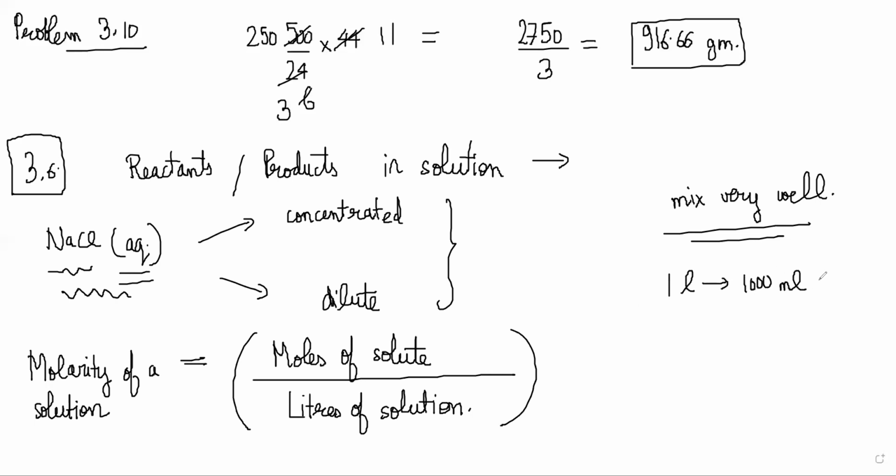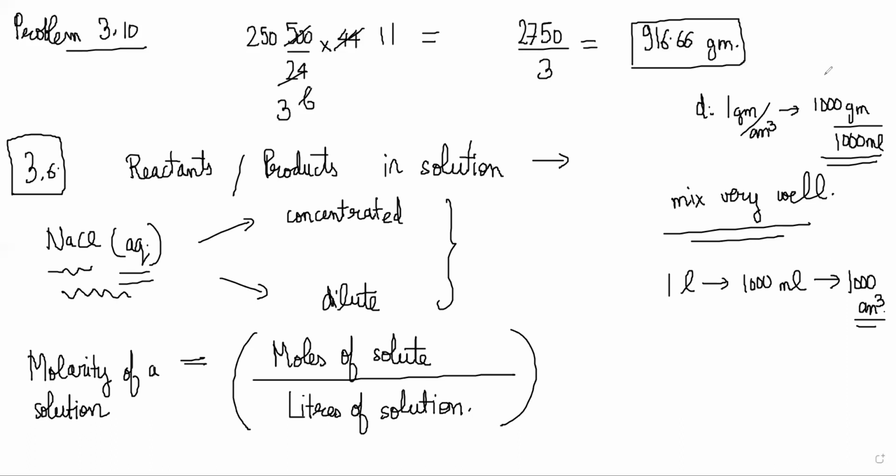Right? Yes. And 1 mL is 1 centimeter cube. 1 milliliter is how much in centimeter cube? It will be 1 centimeter cube. Okay. Yes. Why? Because the density of water is what? 1 gram per centimeter cube, right? And if 1 milliliter was 1 centimeter cube, then 1000 grams will be there in 1000 milliliter, right?